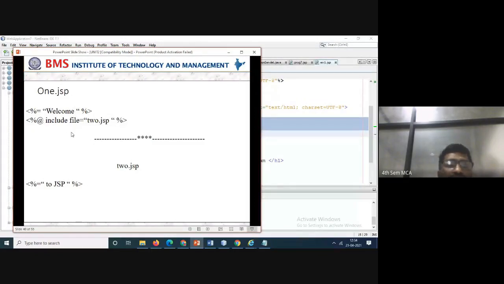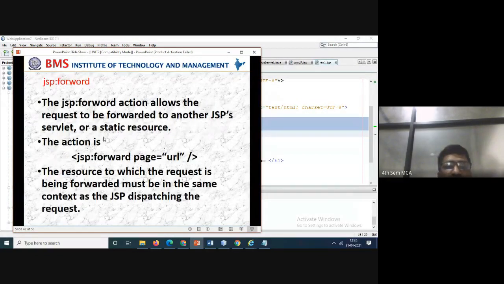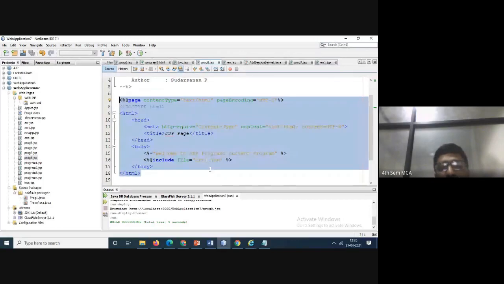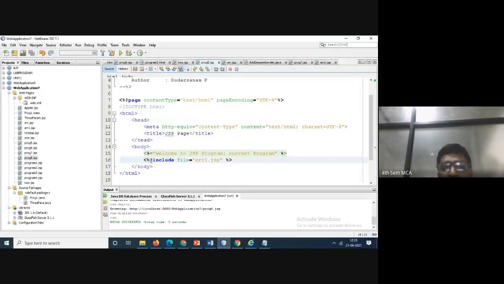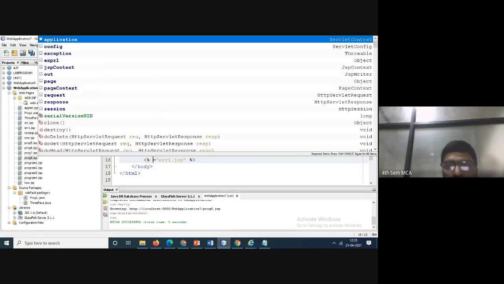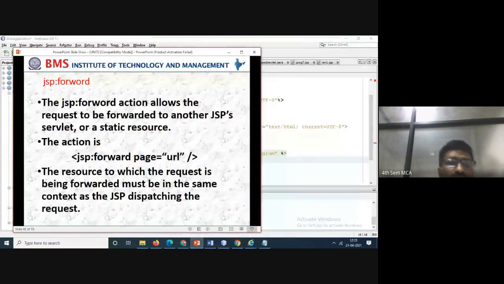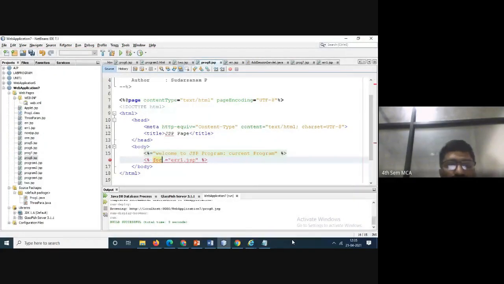Now, include is over. Now one more. So JSP actions. See here, JSP forward URL. So the URL forward page, and this one I'll tell you now. Same program 8. So include is there. Here we have to go for forward now. JSP colon.